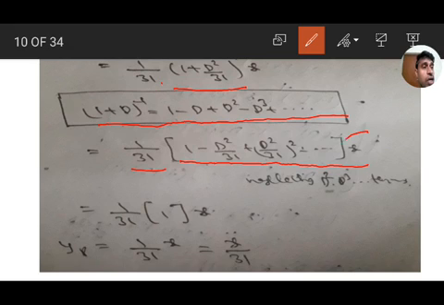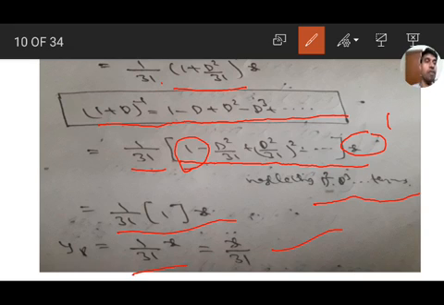Here we have only a term of degree 1. So neglecting the terms d square, d cube, d to the power of 4, all the terms, because second order derivatives onwards, third order, fourth order, all the derivatives of x are 0. So here only up to d, meaning only we have 1. So 1 by 31, 1 into x, that is 1 by 31 of x, that is x by 31. This is the particular integral.